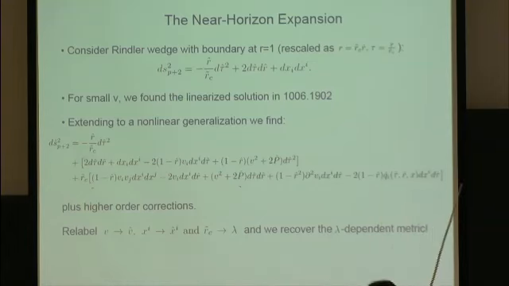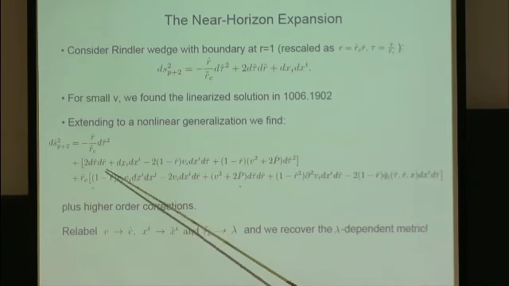So for small v, we actually found the linearized solution in our first paper. I should make a comment that if you're interested in reading these papers just as orientation, our first paper is entirely linearized, whereas where we do the full nonlinear Navier-Stokes equation is in the second paper. But similarly to the way I talked about how we derived the hydrodynamic approach, you can take our linearized solution and work out what correction terms you'd need to make it nonlinear. And you find the following here.